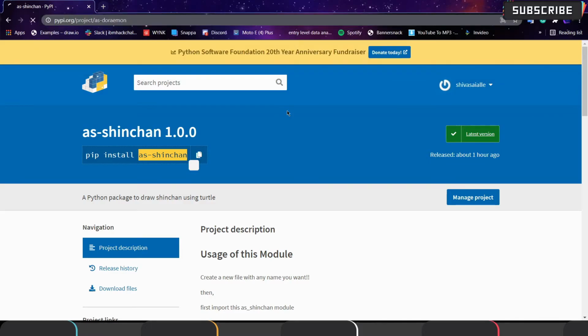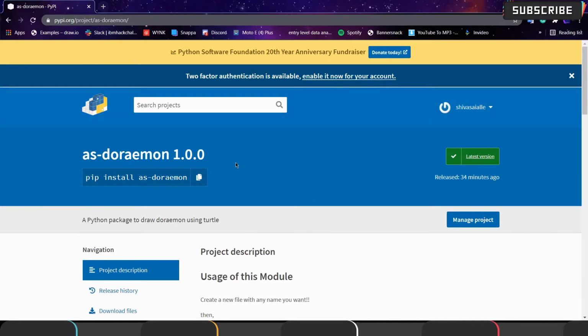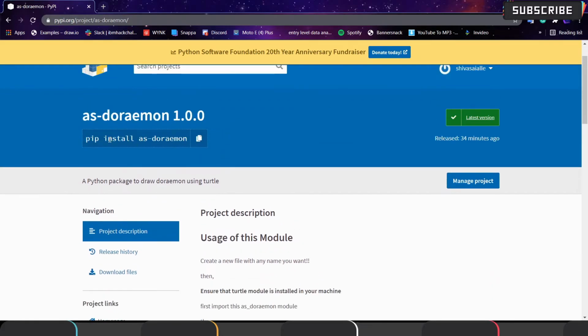The Doraemon spelling is Doraemon. Please ensure that you spell it correctly, or that you have copied or typed the correct spelling. This is pip install as-Doraemon.py. You need to install it. I will go to the command prompt once.